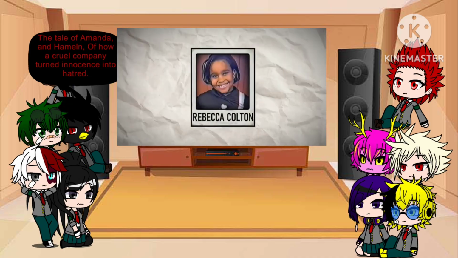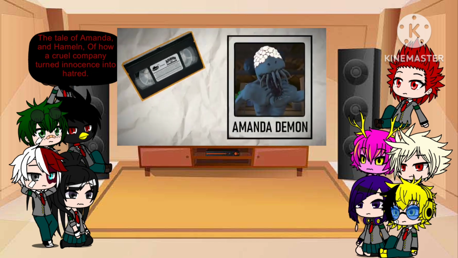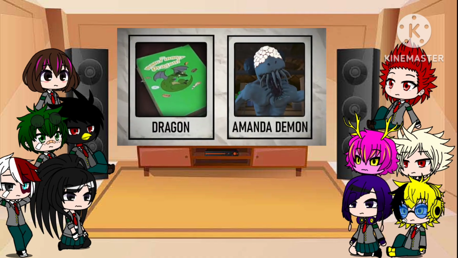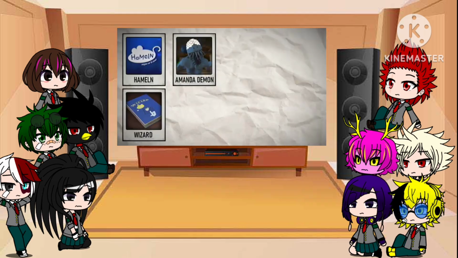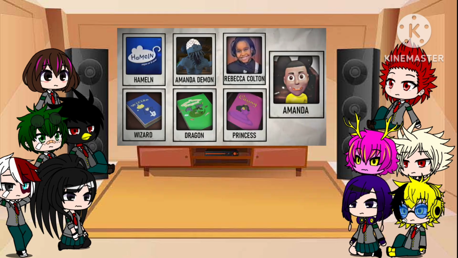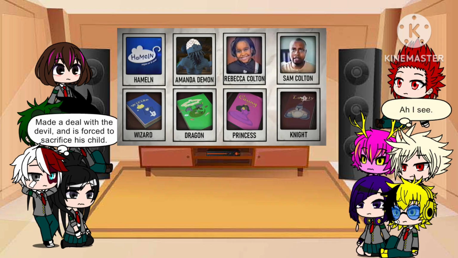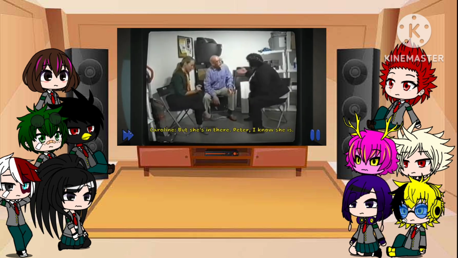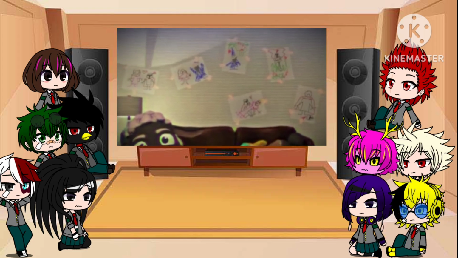Rebecca was a little girl who was transformed by Hamlin into a cartoon avatar trapped within a videotape realm and tied to a demon form, the demon representing the dragon. So Hamlin would represent the wizard, Rebecca's demon the dragon, and of course the princess symbolises Rebecca herself, now trapped in this alternate dimension as Amanda. As for the knight, well, we can interpret this to be potentially Rebecca's father Sam or maybe Aunt Kate, who desperately searched for a way to free Rebecca but ultimately failed. This will make a little more sense later on as we compile further evidence, but this is my theory on what Rebecca's twisted fairy tale actually means.